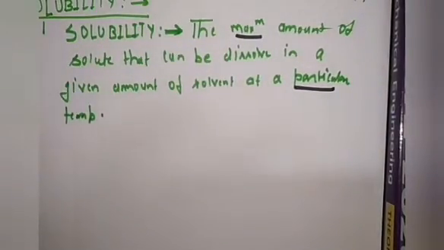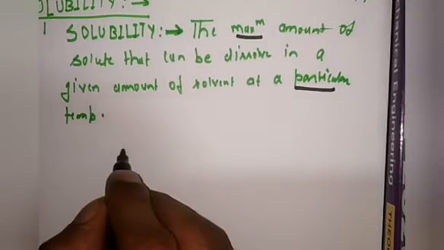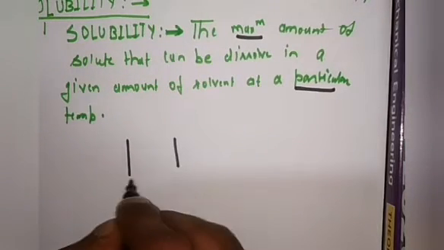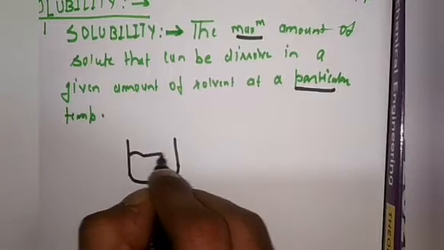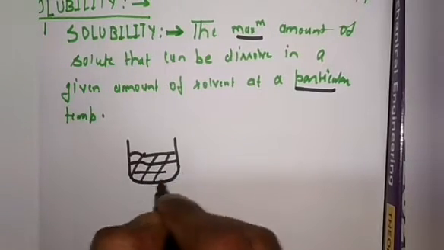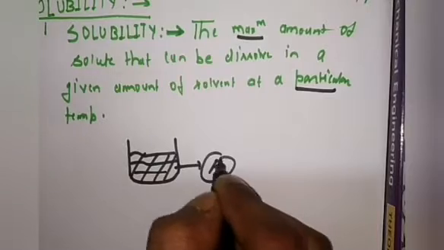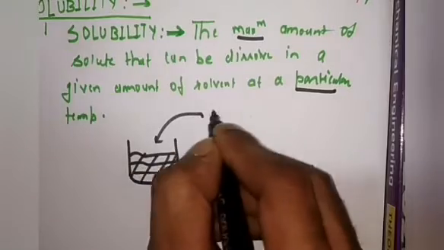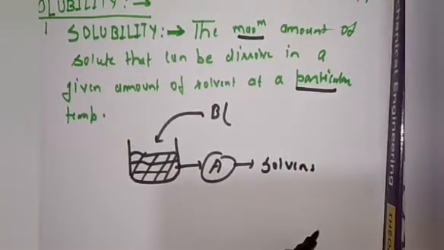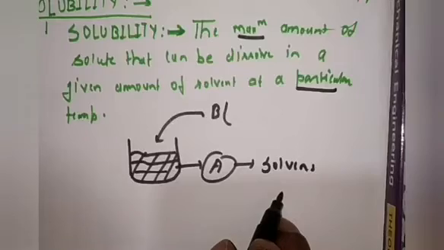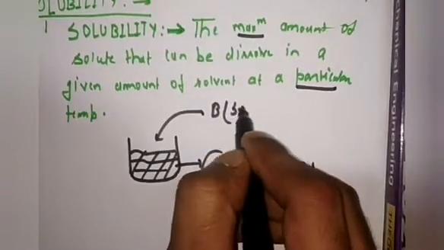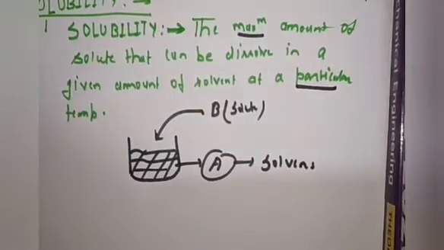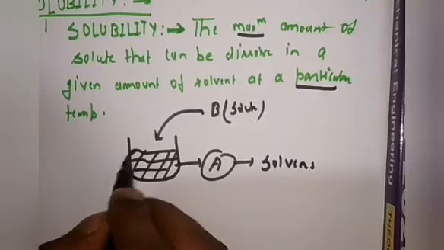There is great significance to that. Just try to understand one thing. If you are going to prepare a solution for a given amount of solvent, I am assuming this is the solvent, A. Already yesterday I discussed my notation: A is the solvent and B will be used for the solute. Now you are going to add solute B in solvent A and prepare a solution at a particular temperature.